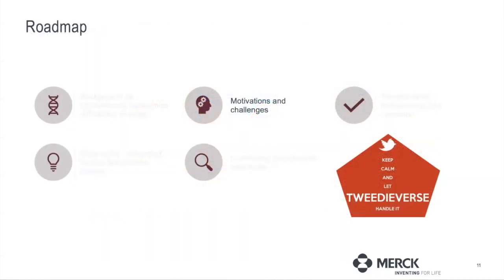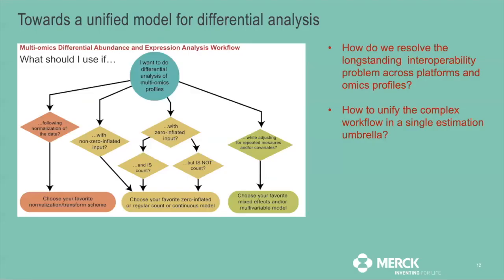So the second part that I'm going to talk about is, given this situation with the differential analysis of microbiome multi-omics, what are things that we can do right and do a little bit better? So going back to the flow chart that we saw before,